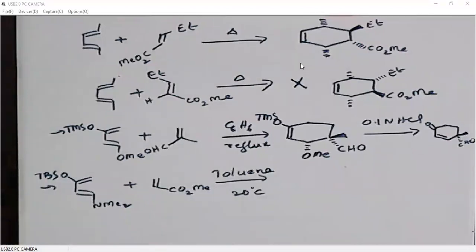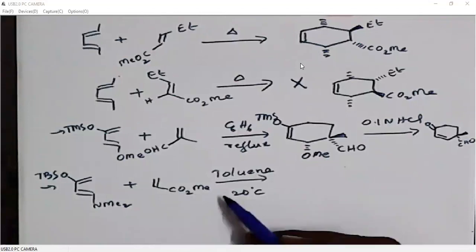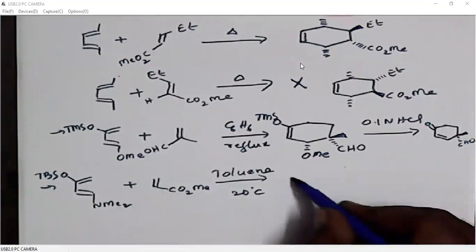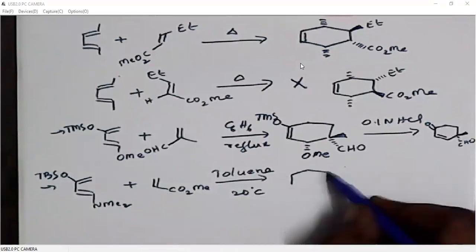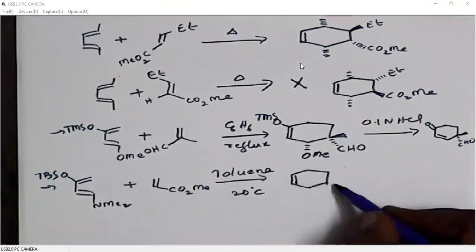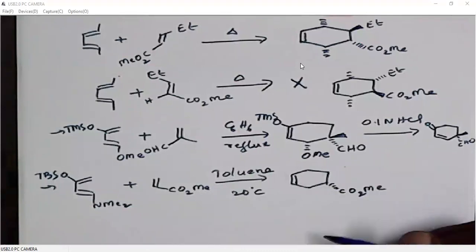Similarly, when we want to predict the product here, though I have written CO2Me on the right side, it should be on the left side. Why? Because CO2Me is an endo-selectivity group. So we should write it on the left side. Even if we don't write it on the left side, it's not a problem. We know it will give an endo-selectivity product, so CO2Me must be below the plane.